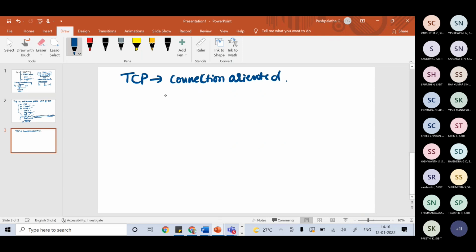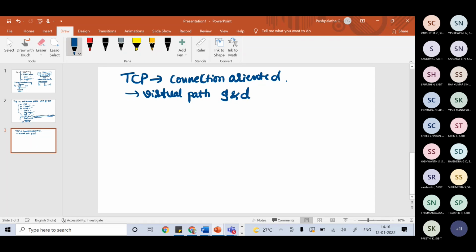So this kind of connection oriented protocol tries to establish a virtual path. A virtual path will be created between source and destination.